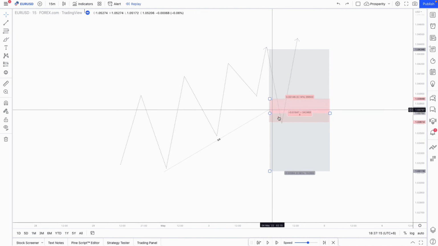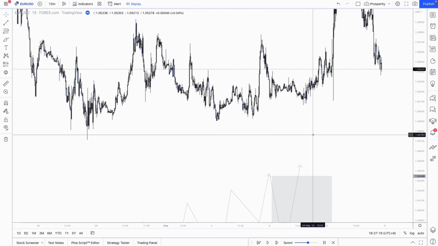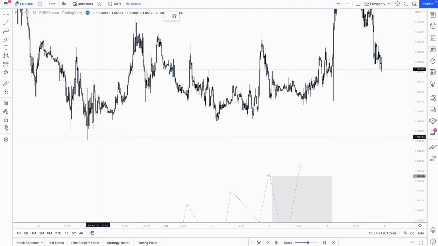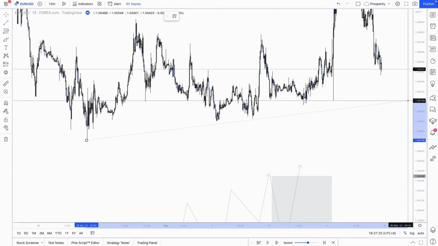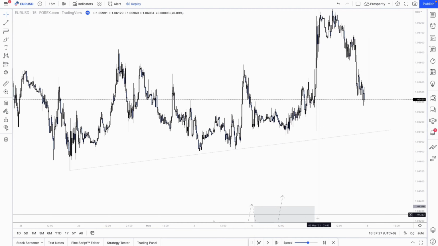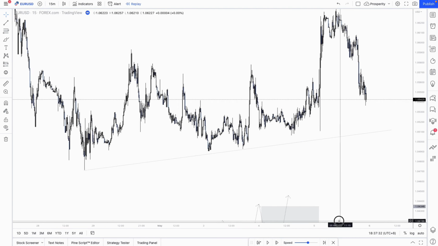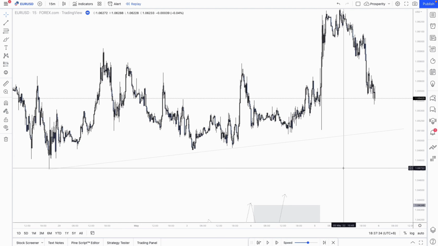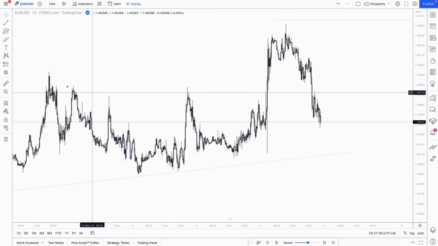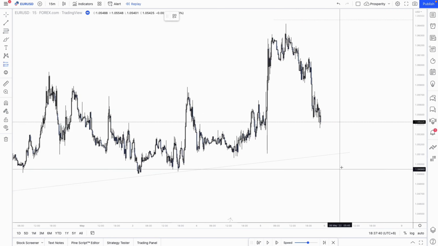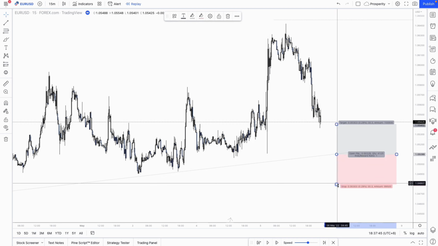Now, let me take this concept and paint this picture on a real market for you. As we can see, any trader that's been looking at this type of chart is going, oh, that's very much a trend line. Price is trending higher. It's making higher highs, higher lows. And they are thinking on this third trend line touch, they're going to take a trade, and that trade, because it's trending, is going to